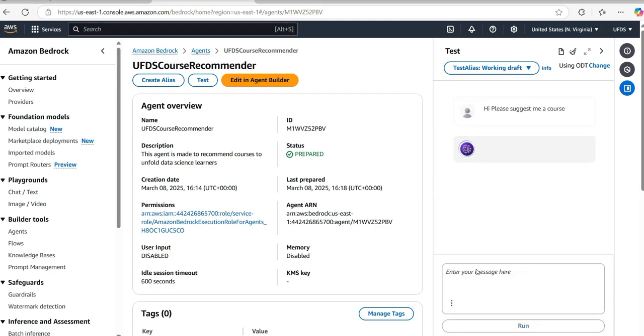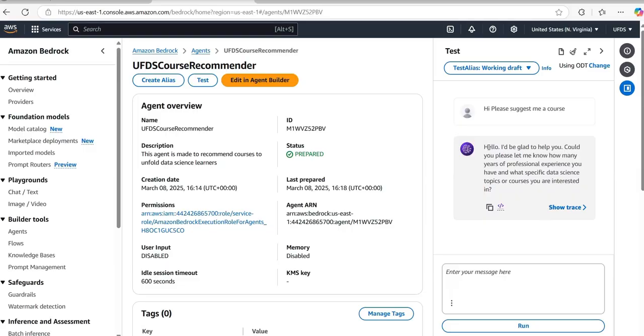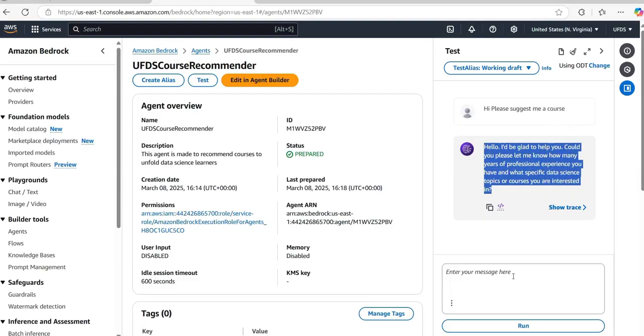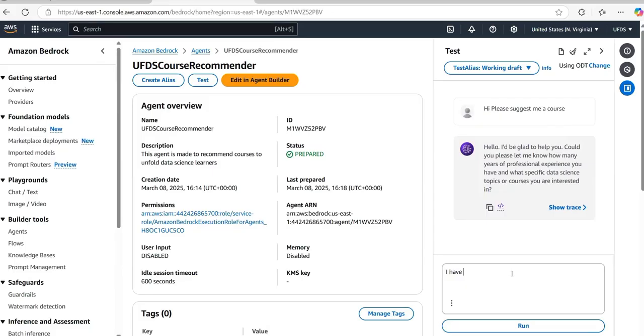What the agent does? It will either give some hallucinated answer or something which does not make sense actually. So what I want to do is make the agent a little more smart and process the user information basically. Okay, I'll be glad to help. Could you please let me know how many years of experience you have and what specific topics. So for example, I'll say I have 7 years of experience